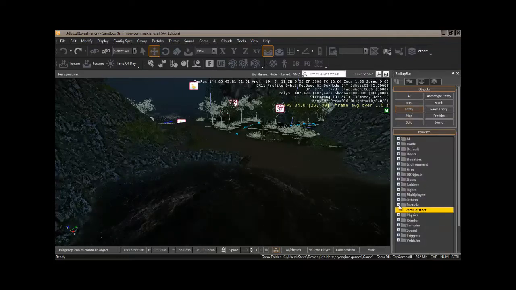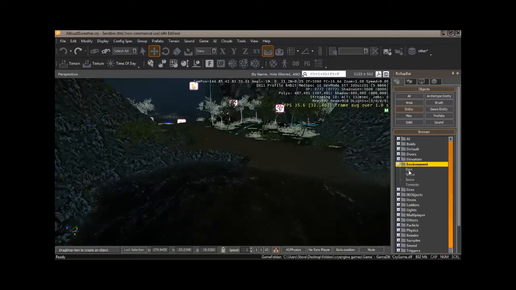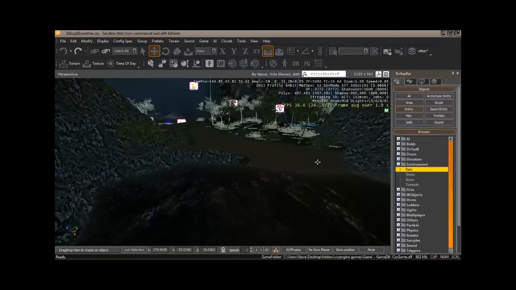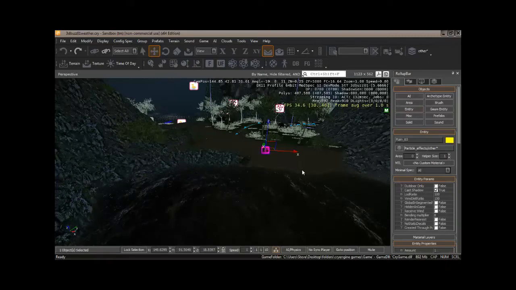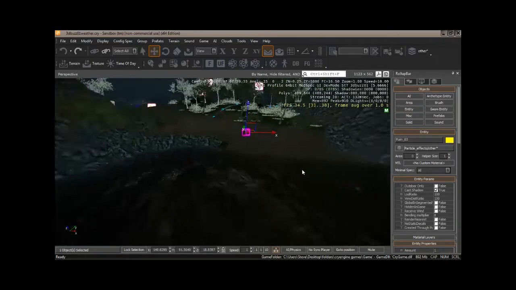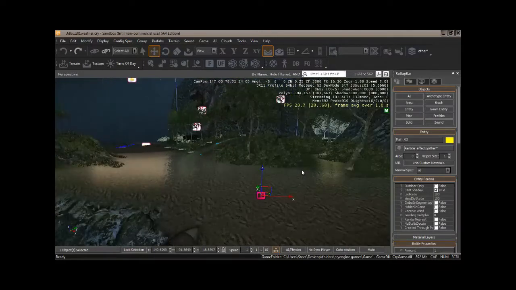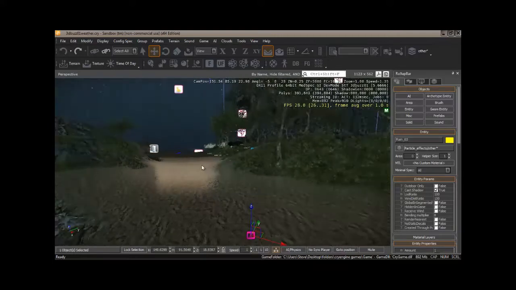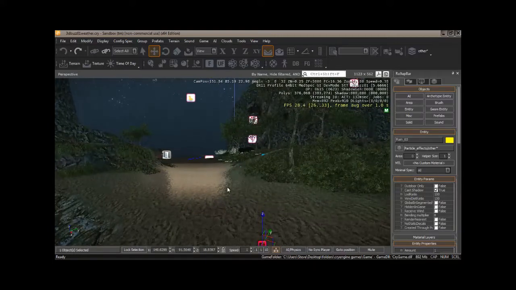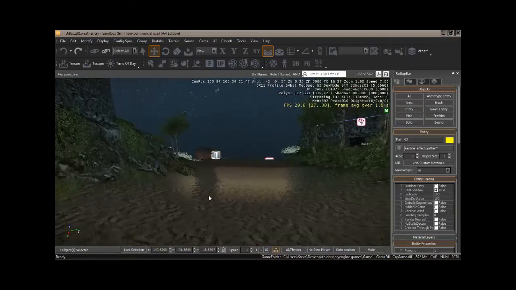Only this time, instead of particle effect, since version 3.3, they've added a rain entity. Let's grab that and bring it in. And that's got a little bit more control to it. And when we get closer, you see that this is a finer, better rendering rain. We also get the effect of it affecting our terrain in terms of looking slick and wet. And if you get down really close on some hillsides,